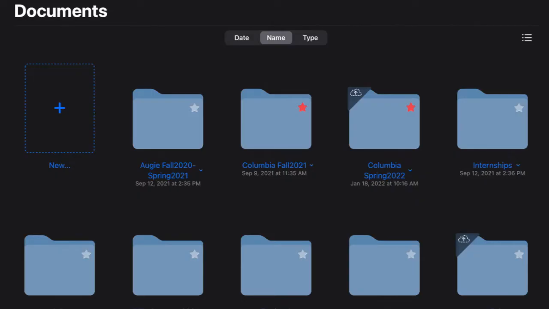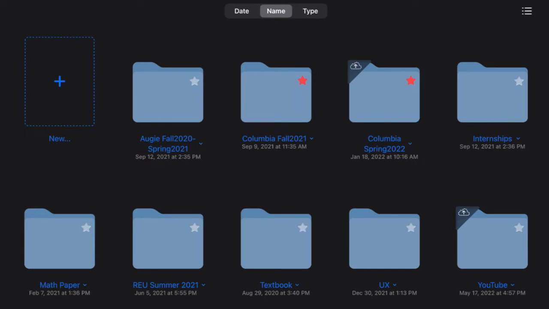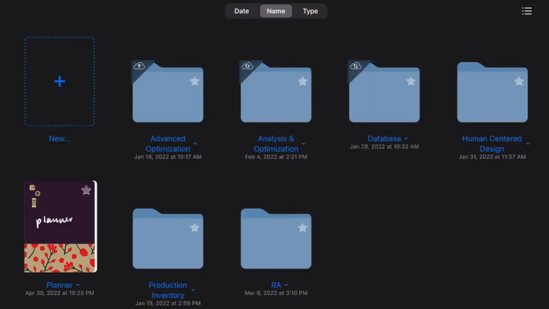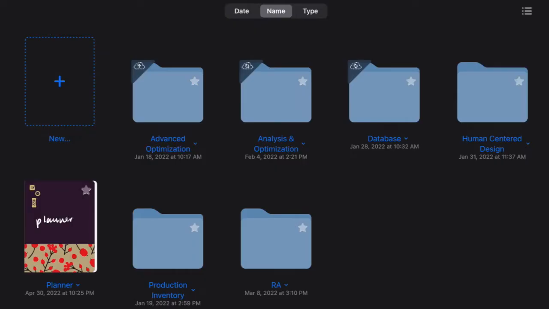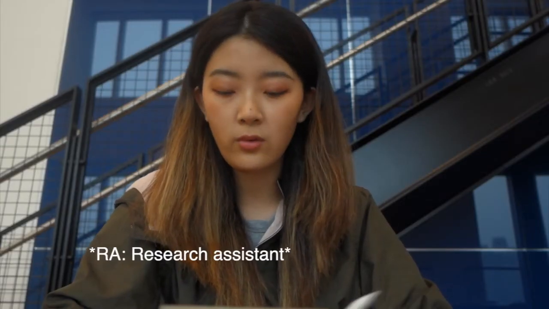So the way I structure my GoodNotes is, for each semester I have an individual folder. For example, for the past semester, I've been using Columbia Spring 2022. In this folder, you can see that there are another 6 folders. I basically create a folder for each class that I'm taking. For example, I'm taking 5 classes this semester, and I am also doing a part-time RA, so I created another